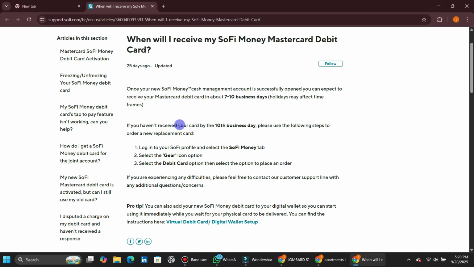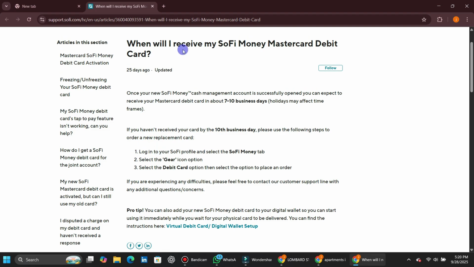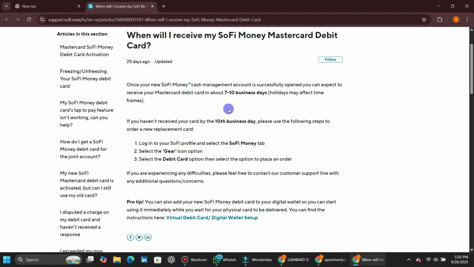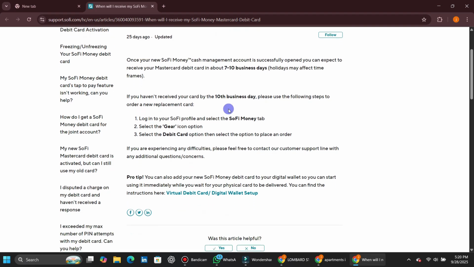After that, if you are using a desktop instead of the mobile app, you can visit the official SoFi website and log into your account. From there, navigate to your checking and savings account, select the debit card option, and review the status in the same way. And then, if you are unable to find the updates through the app or website, you can directly